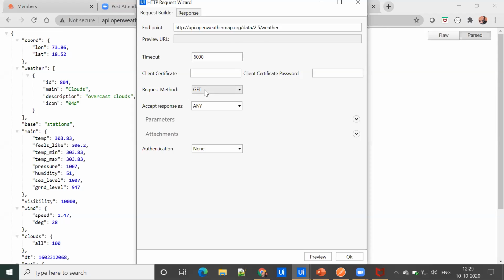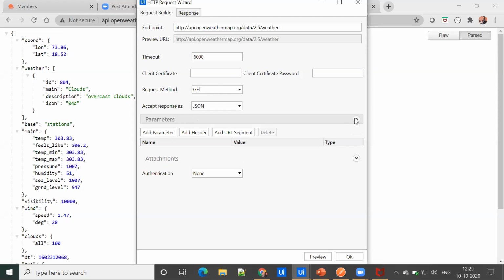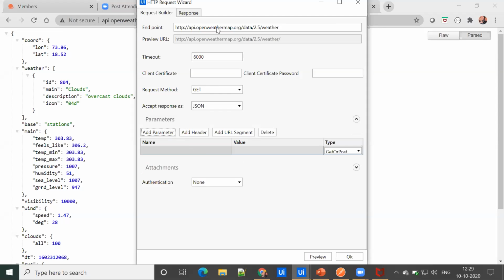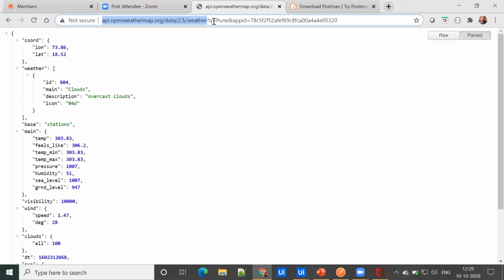The request method is GET for this API call, and for accept response as, we can select JSON because we want the response in JSON format. You can select any response type. To add the parameter, just click on this drop down and click on the add parameter button. In this case, what is our parameter?